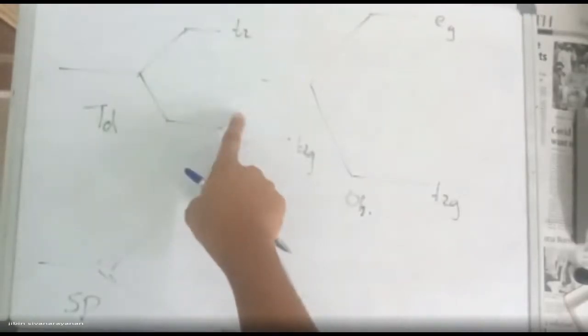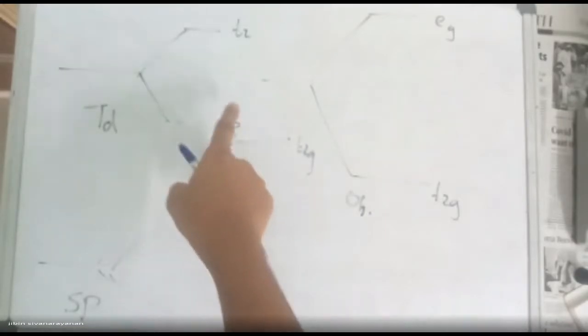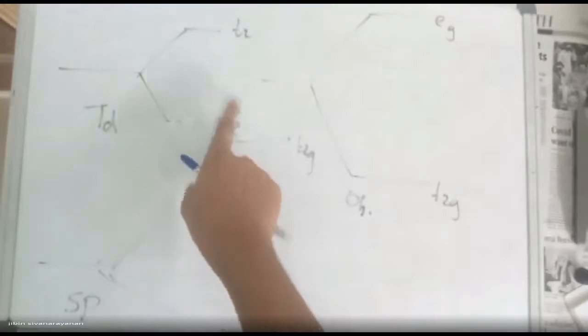So we know that the tetrahedral splitting is very low. The lower orbital is the E orbital, in the sense there are two orbitals. What are the possible ways of filling those two orbitals completely? D4, isn't it? D4 in the sense 1, 2, 3, 4. First it will fill the first one, the other electron will go to the second one. The next question is, if the third electron comes, what will happen? Does it go again to the first orbital, or does it go to the higher one?